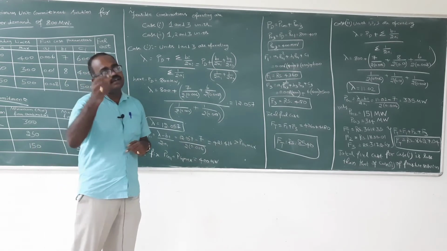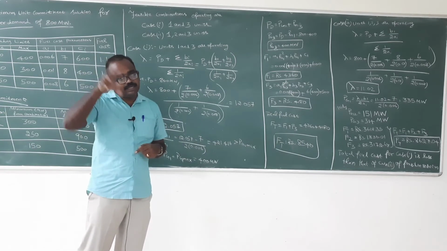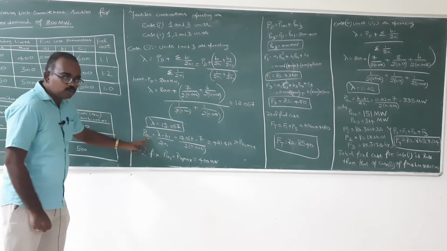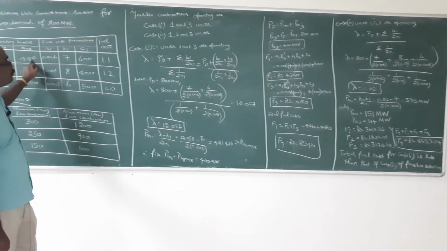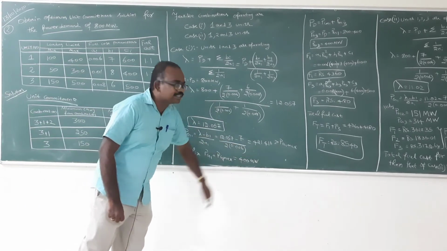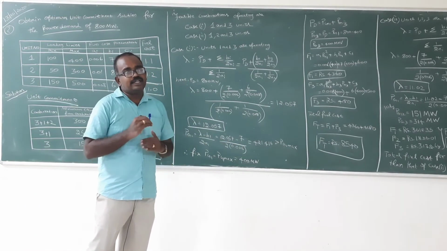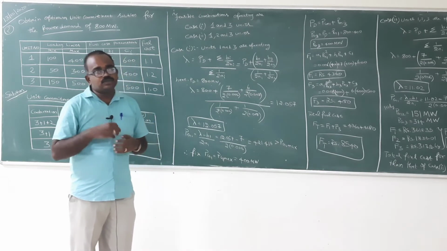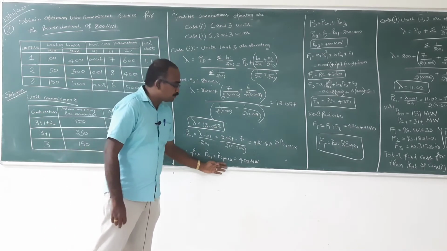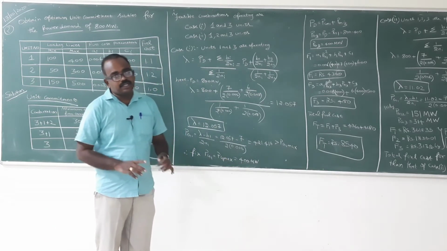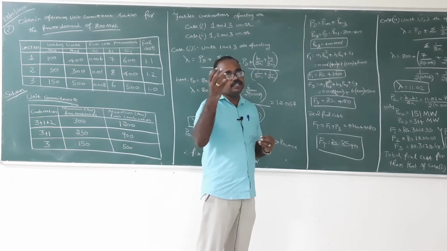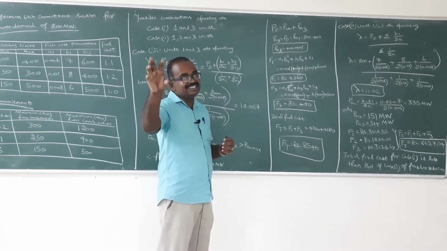Then what we have to do is check the generator maximum limit. For the first one, PG1, the generator 1 maximum limit is 400. But the value we are getting here is 421.416, so it exceeds the limit. Then what do we do? Fix PG1 as PG1 max, so PG1 equals PG1 max, which equals 400 megawatt. Then we have to calculate PG3. We have already studied that the total demand PD is equal to PG1 plus PG3.